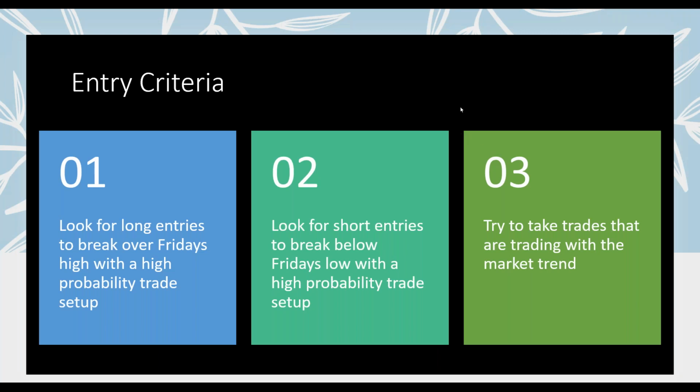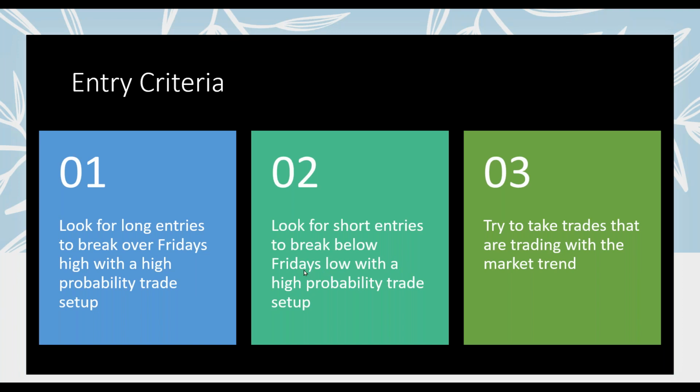Now, on these particular entry criteria on these stocks, if you're looking for long entries, we look for the stocks that are long to break over Friday's high and to set up with the high probability trade setup that I mentioned early in the video. So we wait for Friday's high to be broken, and then we look for a high probability trade setup. For the shorts, we look for Friday's low to be broken, and we trade those also with